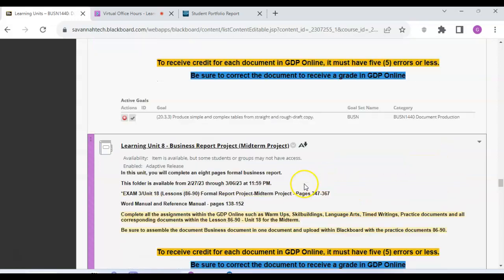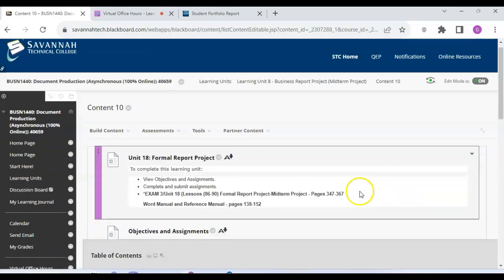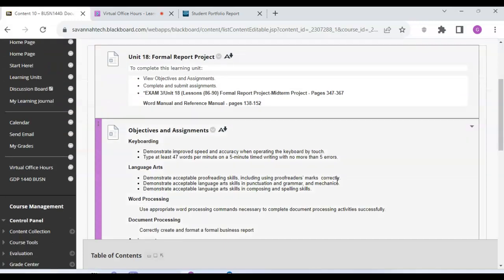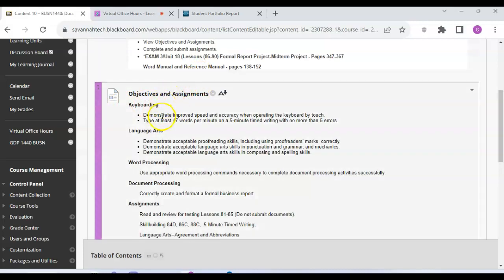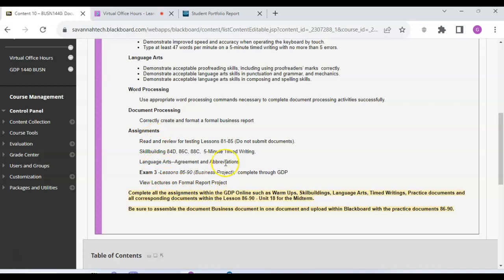So that's a snippet. But when I click in the link and go in and see, it tells me what's going to happen. View objects and assignments, complete and submit assignments. That is your midterm project for your business that you will be doing. So your objectives will be keyboarding, language arts, word processing, document processing, and these are your assignments. These are your assignments that you will be doing, and that means